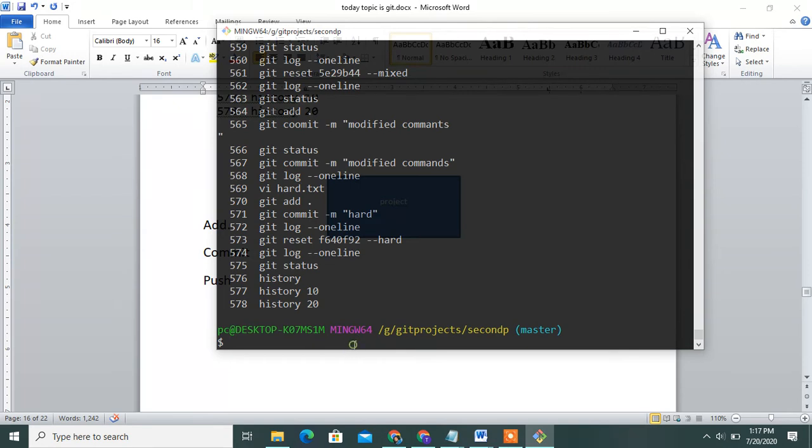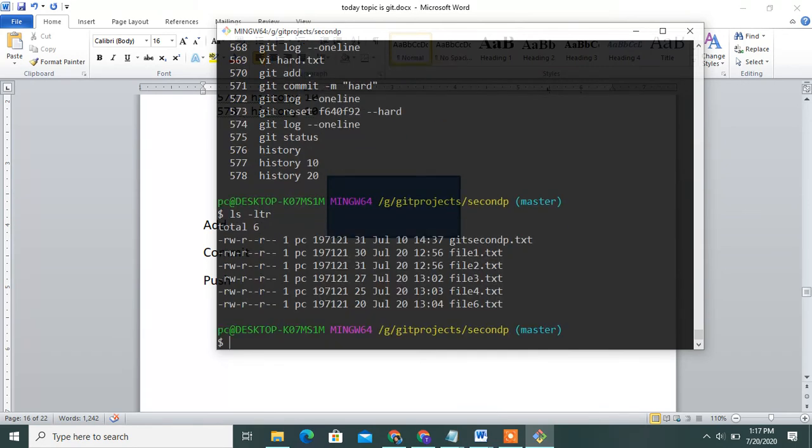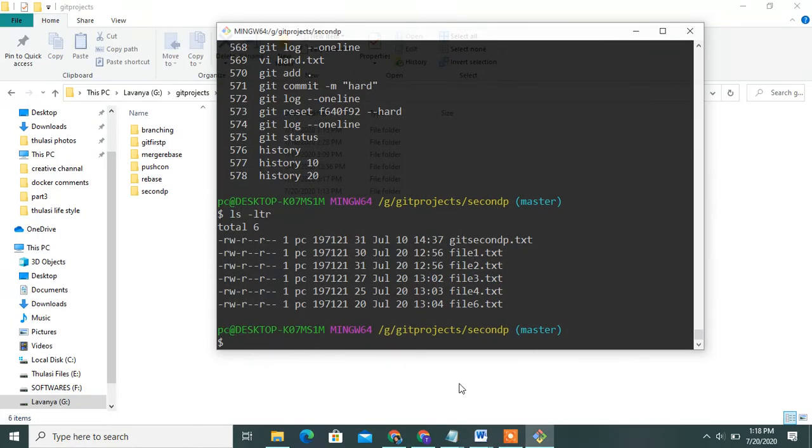Okay, once you check how many files, these are the number of files. I will check the git log also.